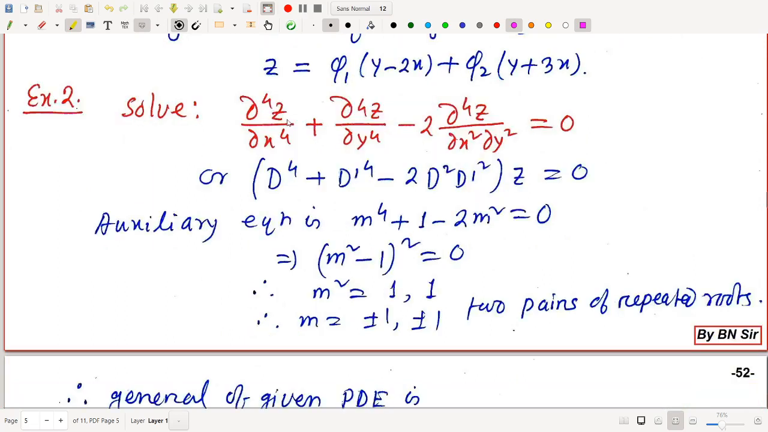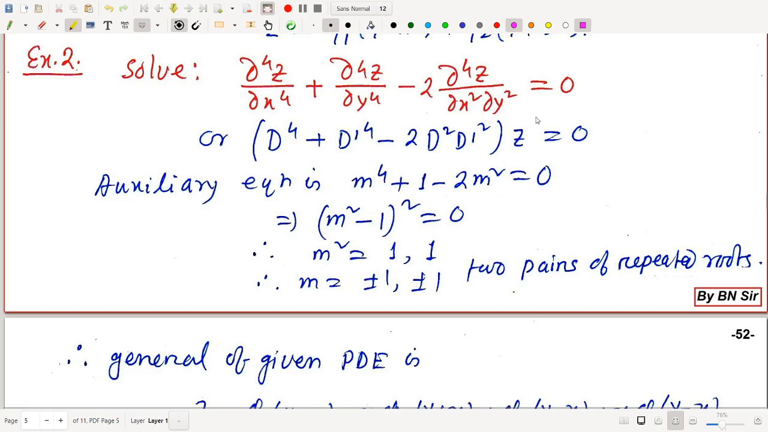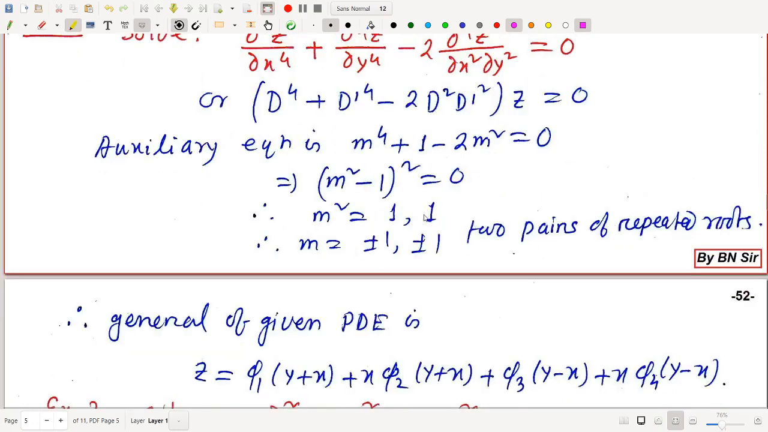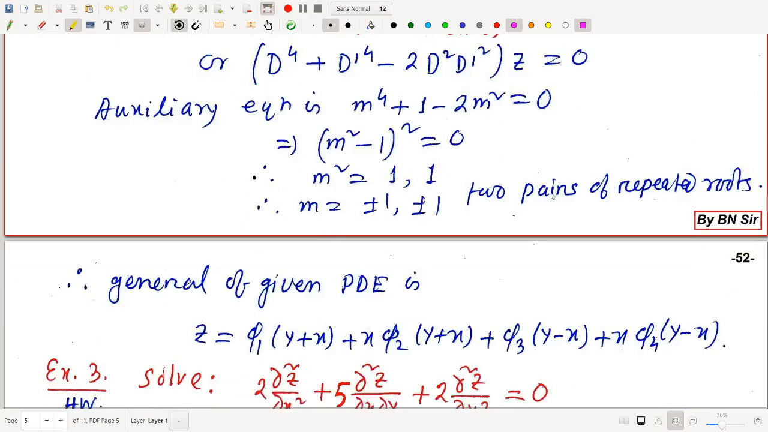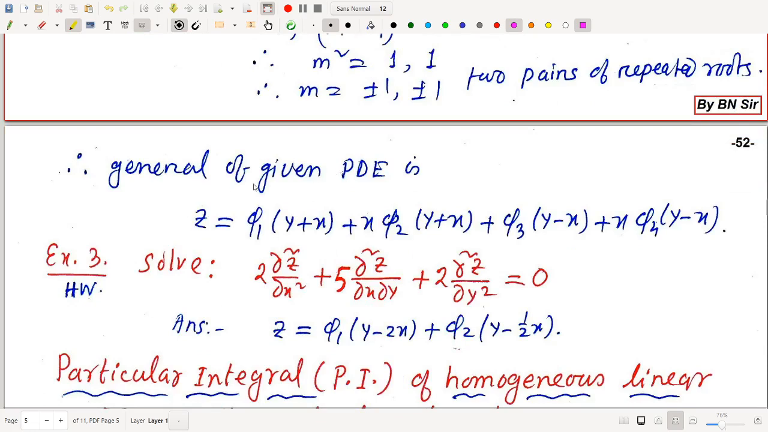Similarly, example number 2, it is fourth order: (D⁴ + D'⁴ − 2D²D'²) operating on z. ∂⁴z/∂x²∂y² gives D² and D'², both the same. So the auxiliary equation is m⁴ + 1 − 2m² = 0, where D' is replaced by 1. So it is (m² − 1)² = 0, meaning m² − 1 appears 2 times, repeated. Therefore m is ±1 twice, that is 2 pairs of repeated roots: 1, 1 and −1, −1. Therefore the general solution